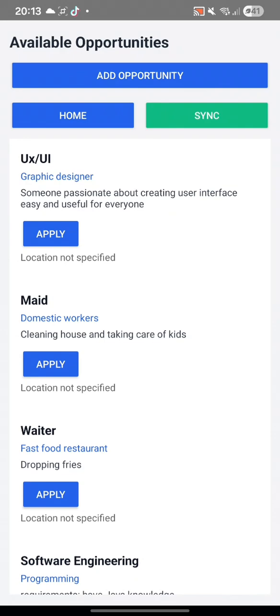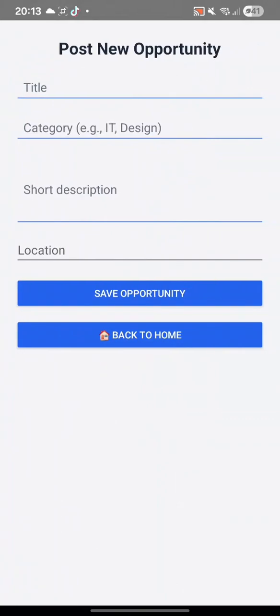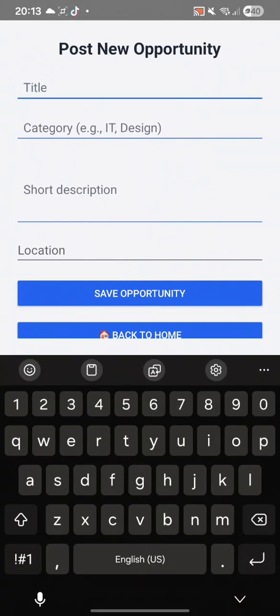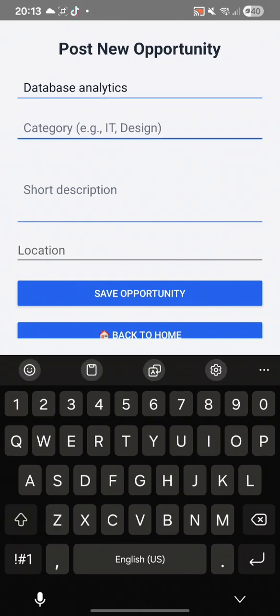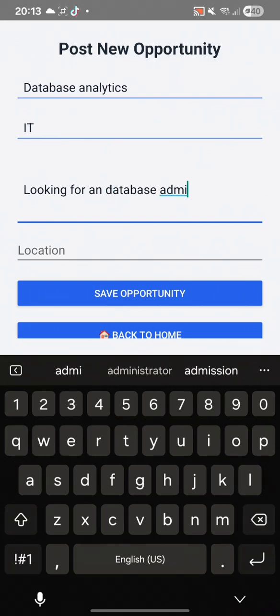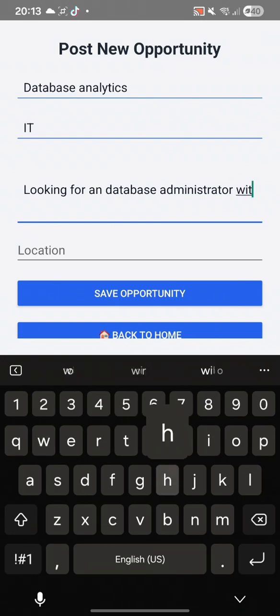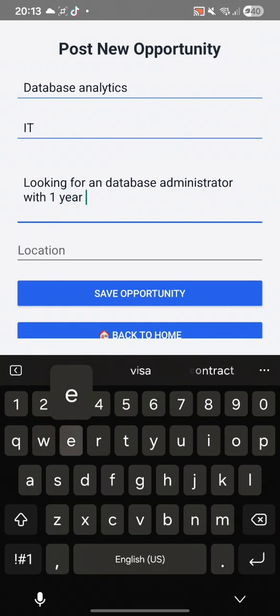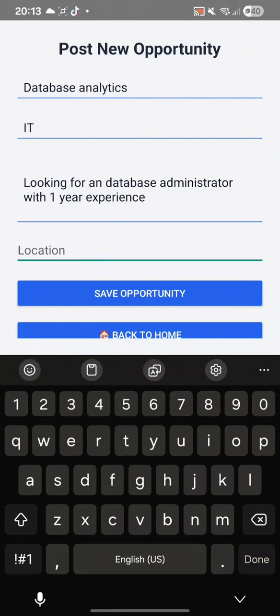Let's say I'm looking for database and analytics, and the category is IT, and then the short description is... Then after I've filled in all the information, I would save the opportunity, and it would appear on